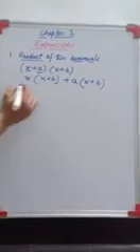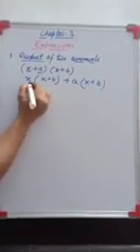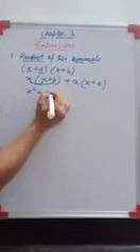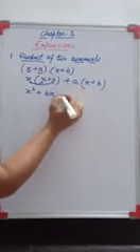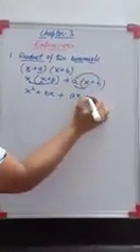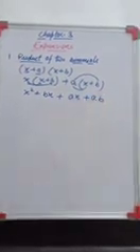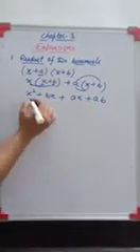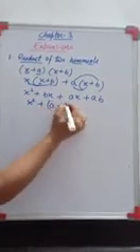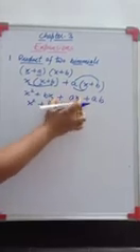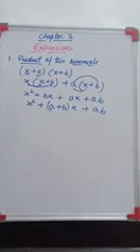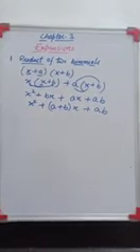Now if I solve this one, x into x, it will be x square, right? Then x into b, it will be plus bx, right? Same, plus a into x, it will be ax, a into b, it will be ab, right? So this is the expansion. What else can I write? I can write x square plus (a plus b) into x, because in between that x is common, then a into b, right? This is your method how to calculate the product of two binomials, right?